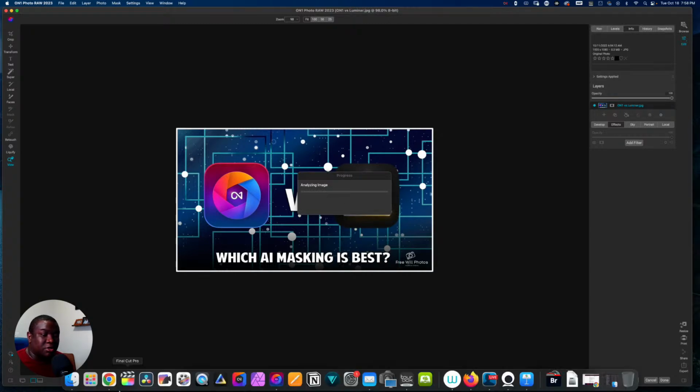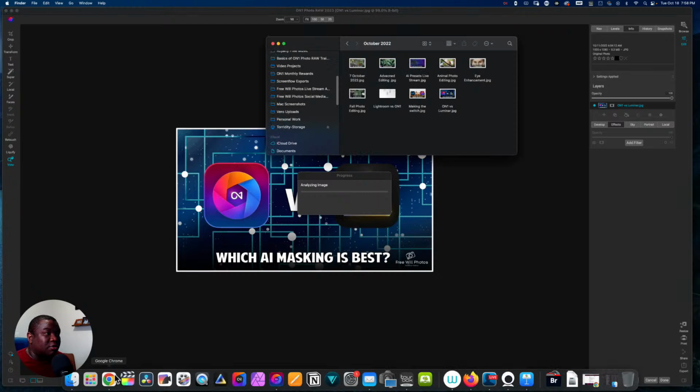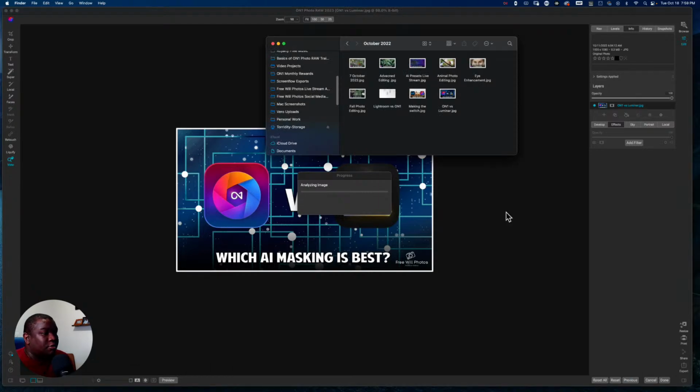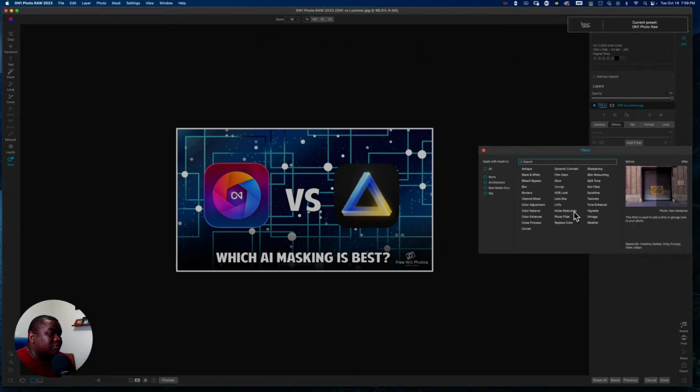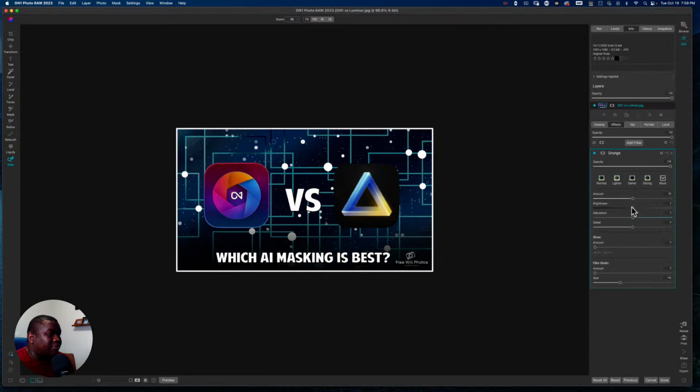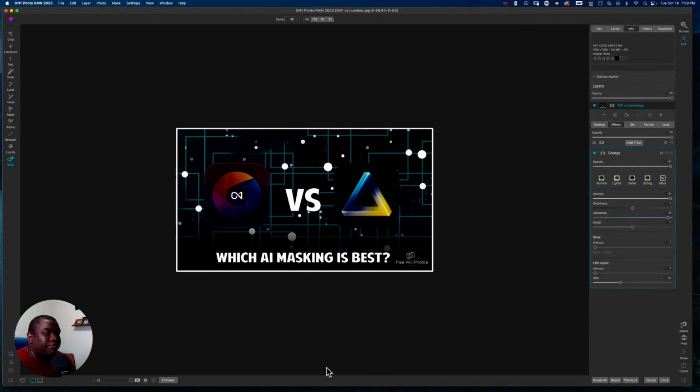I don't think it was done loading entirely. And this is just the way it goes. So now we'll just add a grunge filter. Why not? For fun, right? I'll just crank that all the way up. And then once I hit done,